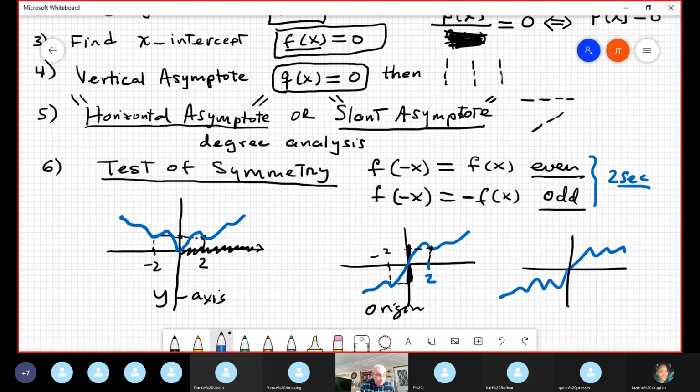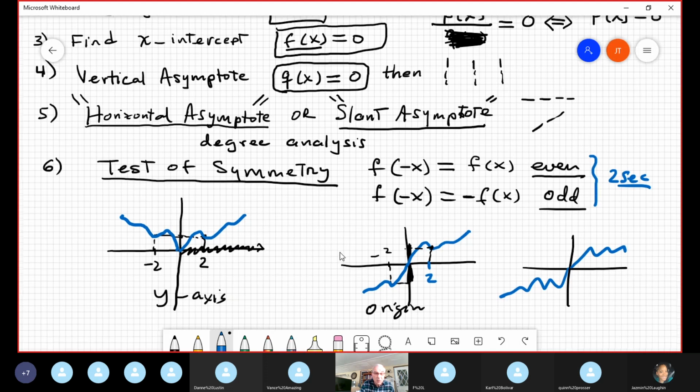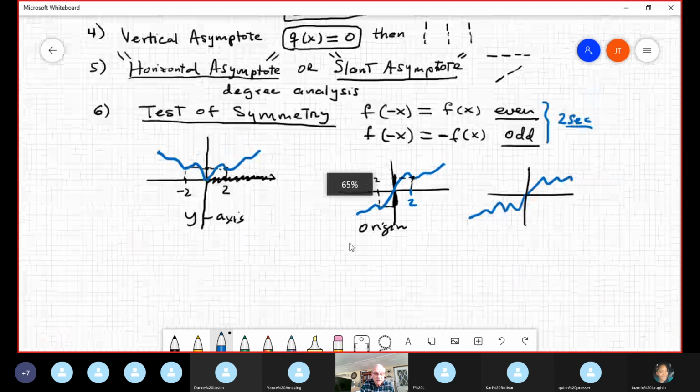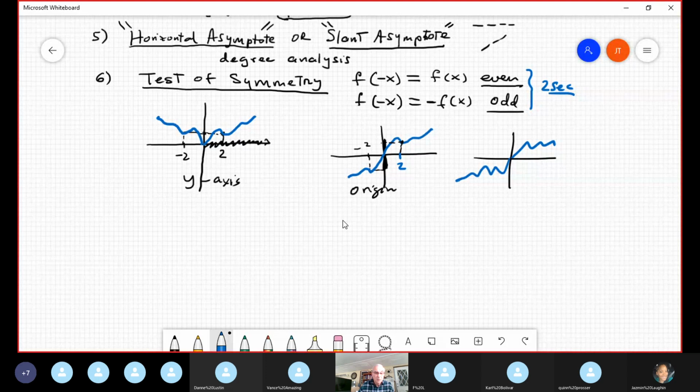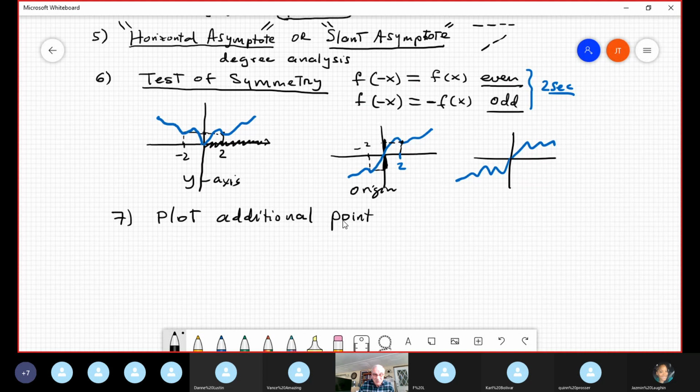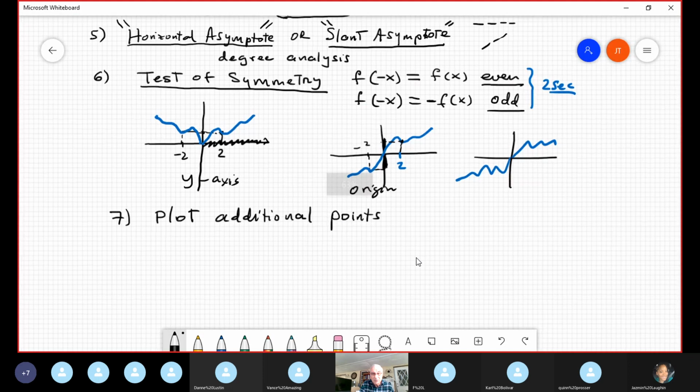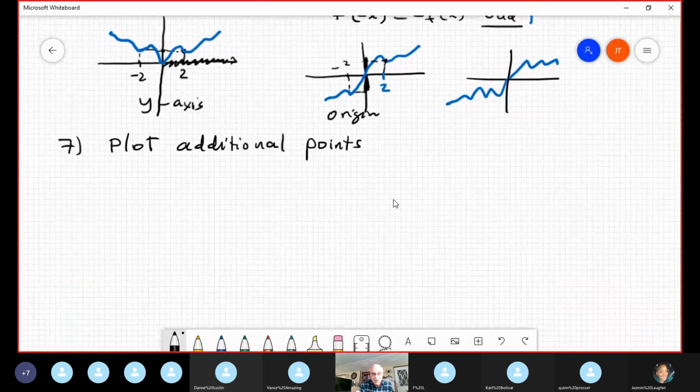The last step, in my opinion, is very, very important. Important that you understand and master that. Okay, this is number 7, plot additional points. And the classical question is, Professor, how many additional points do I need to plot? Well, okay. I want to answer that question. Okay. In that moment,